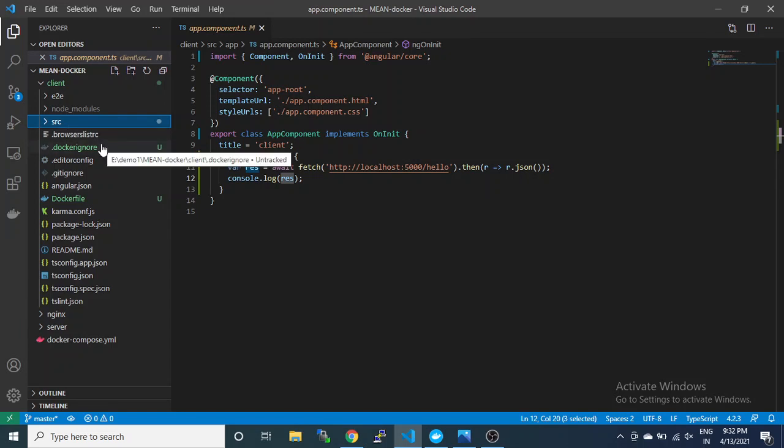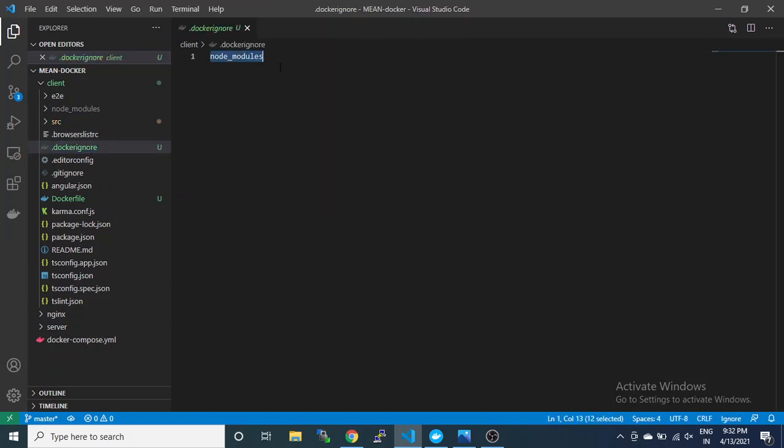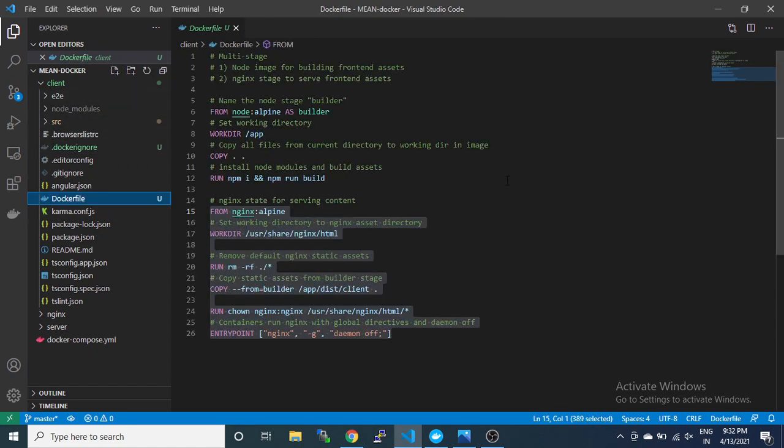The only thing we have added here is a .dockerignore file, which will prevent node_modules from being copied, and a Dockerfile. In this Dockerfile you can see we have just added the node Alpine version, and a builder named builder that we can refer to later while copying. We created a working directory named app and copied all the code of the client to the working directory root path.